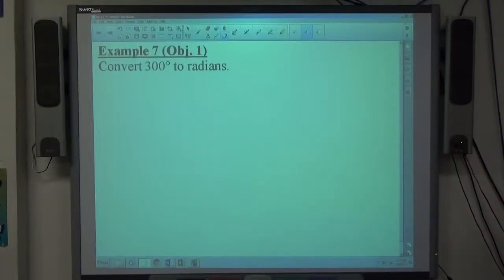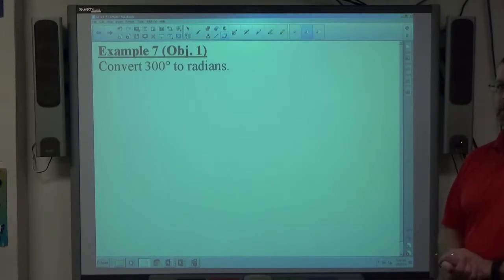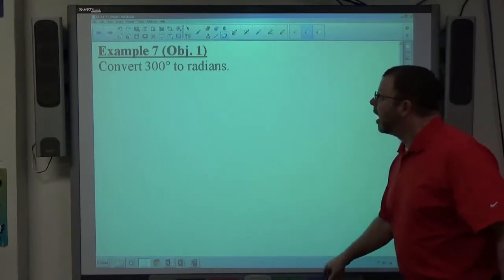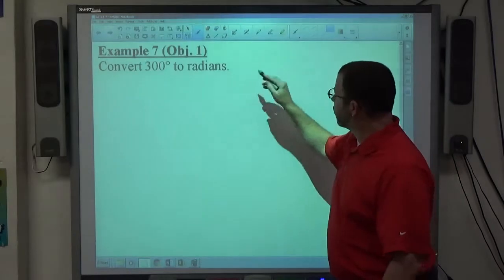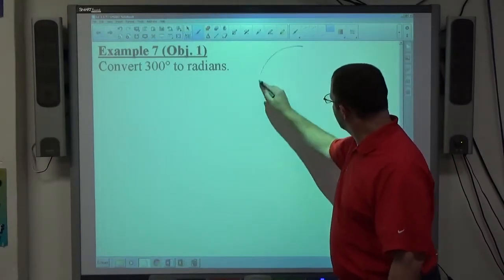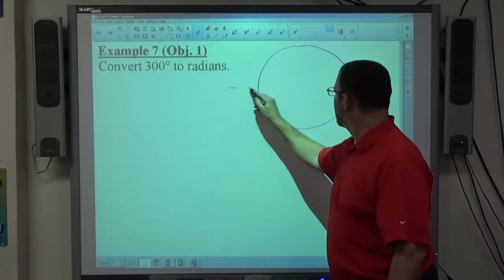In 5.1 day 2, we're going to convert angle measures from degrees to radians and radians to degrees. That's examples 7 and 8. The fact that we're going to use in order to convert this, just as a recollection from 5.1 day 1,